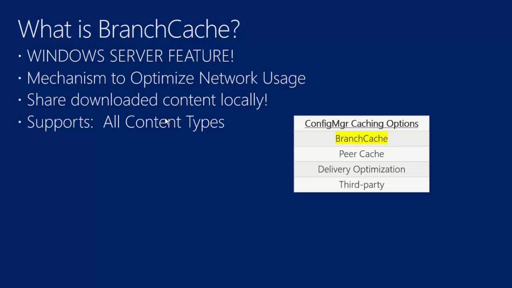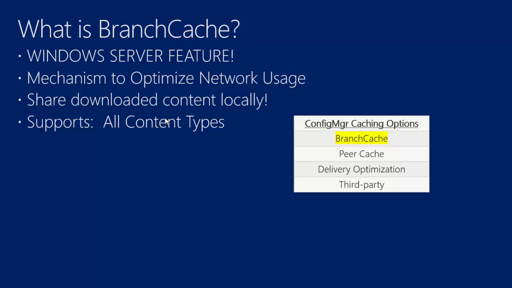And so I highlight it as a Windows Server feature because if you get into ConfigMgr and you see how easy it is to configure, it almost can give the impression that this is a ConfigMgr piece. It isn't. It is a Windows Server piece that ConfigMgr can take advantage of. BranchCache, like any other caching solution, is a mechanism to optimize network usage, share downloaded content locally with peers. Any content could qualify. This, again, is a Windows Server feature. It is not limited to ConfigMgr only content, though certainly our discussion today will be focused on ConfigMgr and how